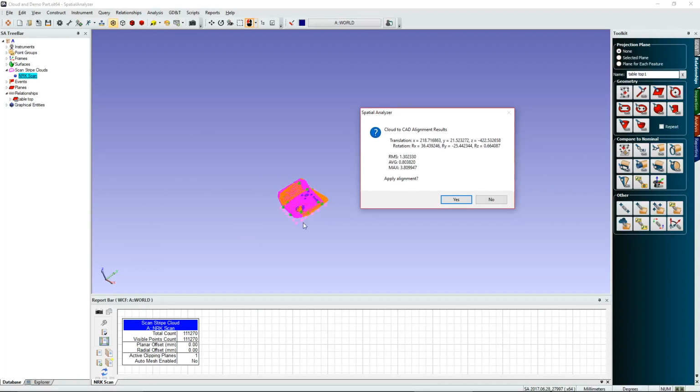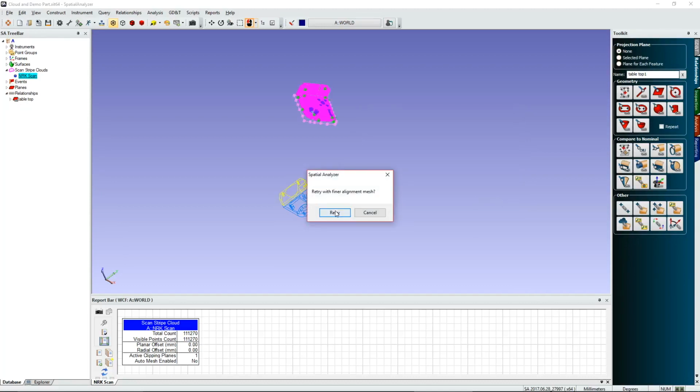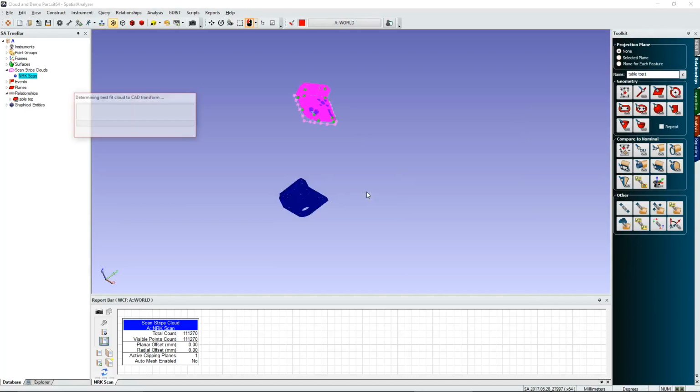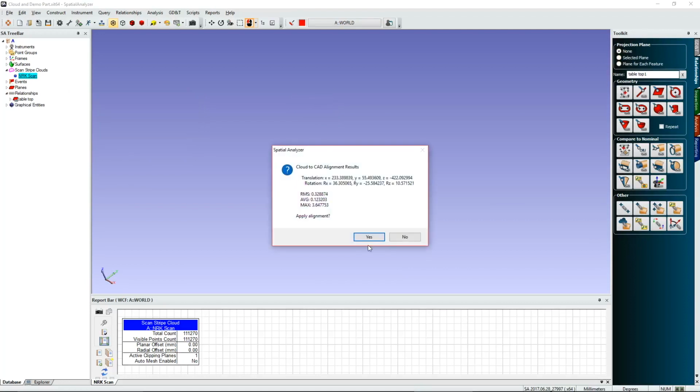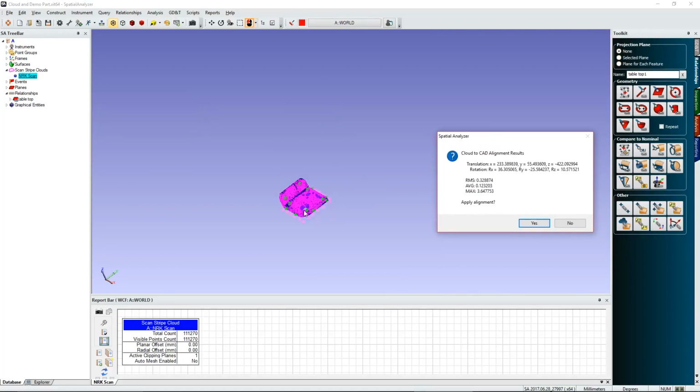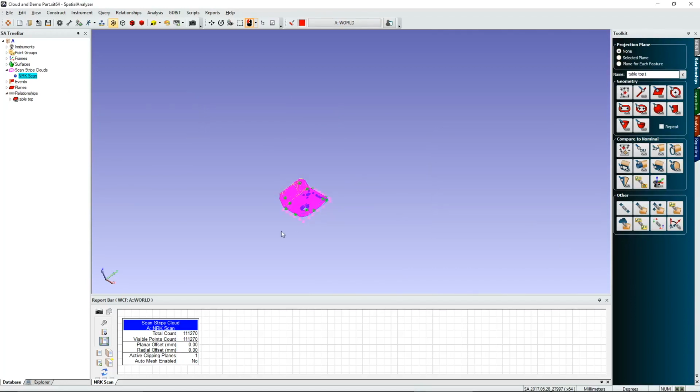Now if you look closely here, you can see that it's not exactly a great alignment. So I don't want to apply that alignment. I'll hit no, and then just go ahead and retry. And then SA will do a little bit tighter mesh and align to that, and you can see that that came out much better. So I'll hit yes there